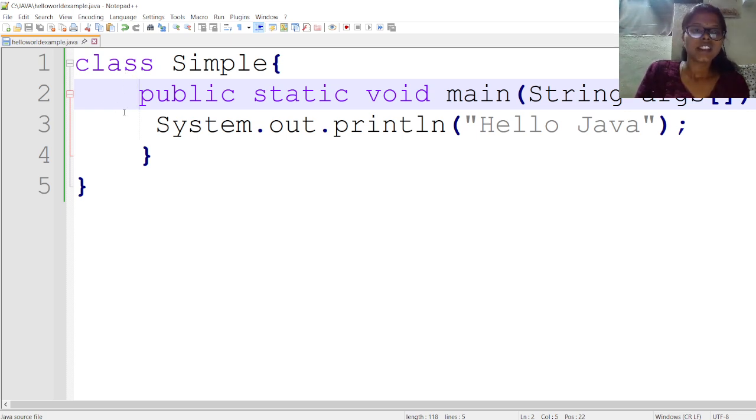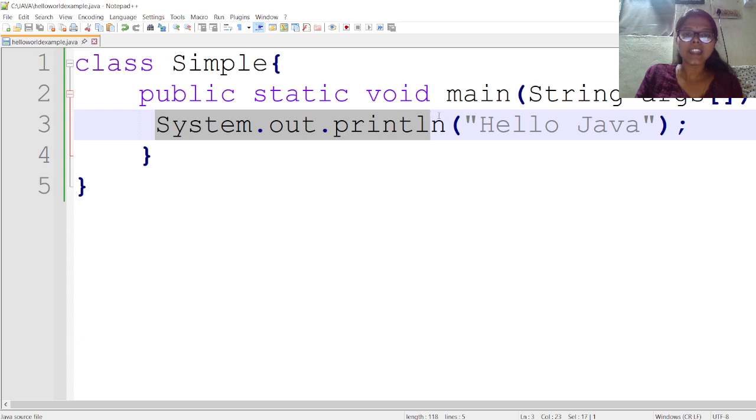And next, in C we just write printf to get output on the screen, like printf hello world. But when it comes to Java, to get output on the screen, whatever statement you want to print, we need to write it in System.out.println. This statement allows us to get output.